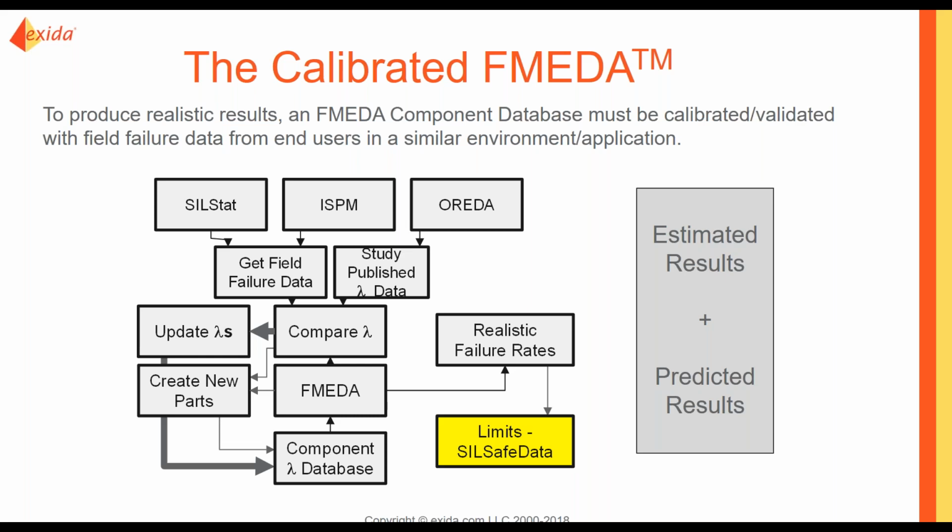So if we do publish an FMEDA on a product, 3 years later it has to be renewed. Well, there may be significant changes in the product, maybe technology, right? Maybe products are getting better, so the failure rates can come lower. If the technology is getting worse, then the failure rates will go up. But these FMEDAs are always updated so that you can get the best realistic numbers possible